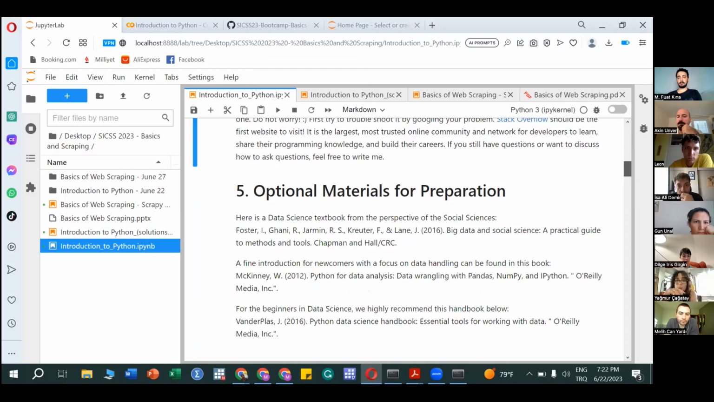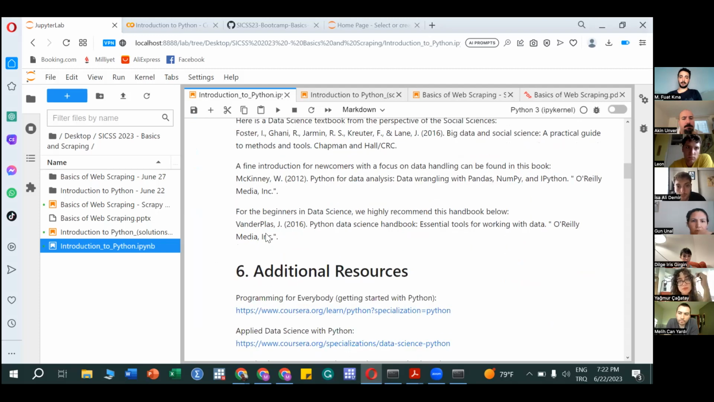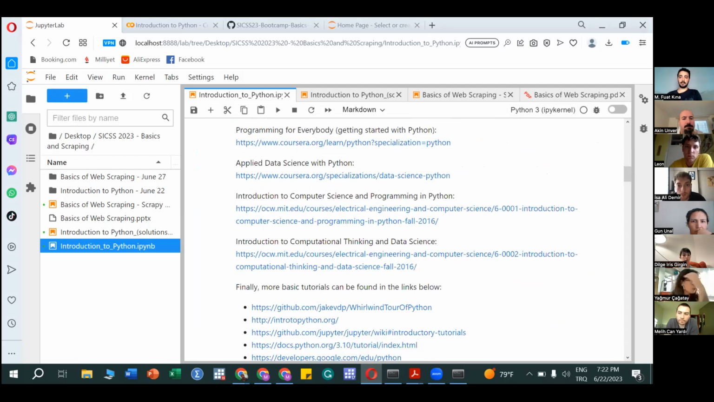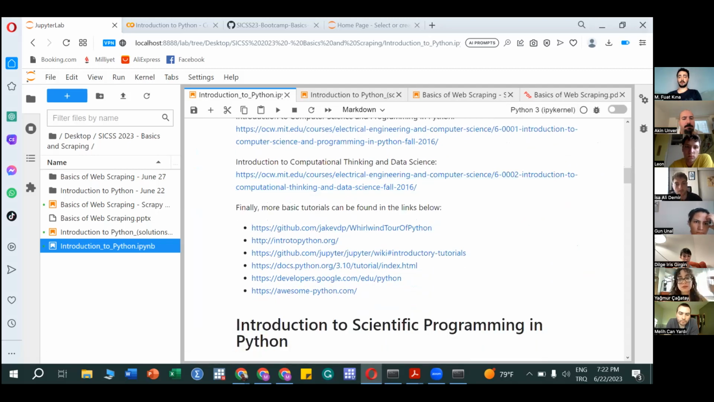And there are some optional materials here. You may take a look at those. For example, in my courses, I use this Wonderplus book. It is an excellent book for machine learning tasks. And there are some additional resources and links. You can just click on those. By the way,